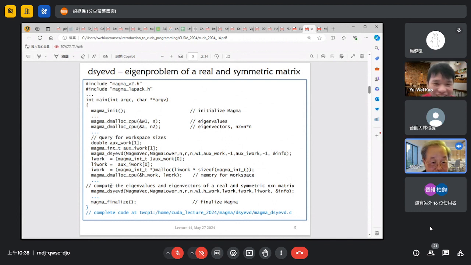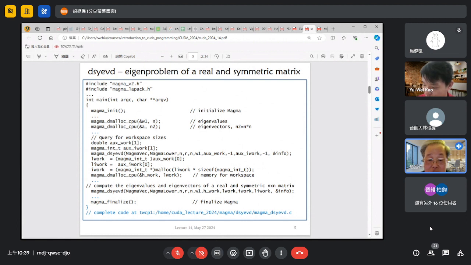Here the first letter D actually stands for double precision. How about the second D in the word? You mean the last D? Yes. I think it is symmetric matrix, eigenvalue, and this D I think is a kind of